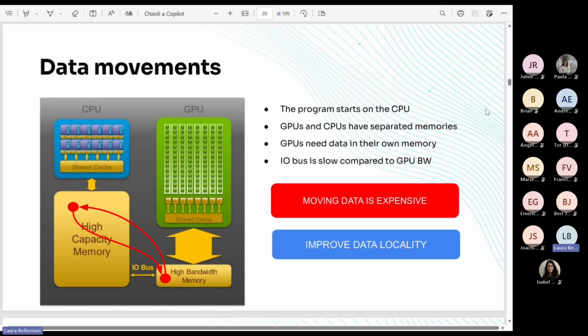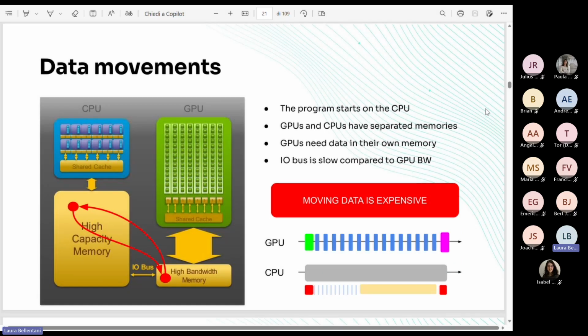So to fix this, we need to improve the data locality, which means avoid moving the data in and out of the GPU around the kernels, the OpenACC or OpenMP loops, but try to move the data at the beginning and at the end of the whole offloaded region. Basically, you should achieve something like that, where you have data movement at the beginning, upload of the data at the beginning, download of the data at the end, and in the middle, mostly computation, blue events, okay?